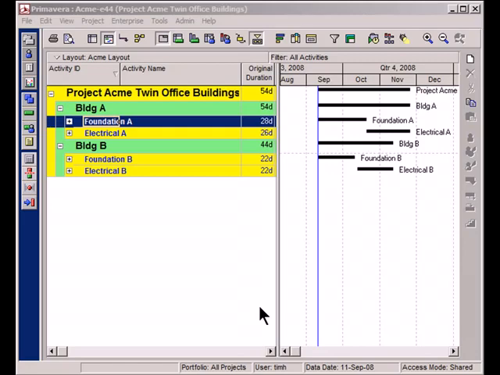codes appropriately in Primavera. Activity codes are a wonderful feature in Primavera version 6, and I find sometimes people do not fully understand how they can be used to help you organize your project, look at your project's activities in different ways. So today we're going to look at this project I have here on screen, Project Acme Twin Office